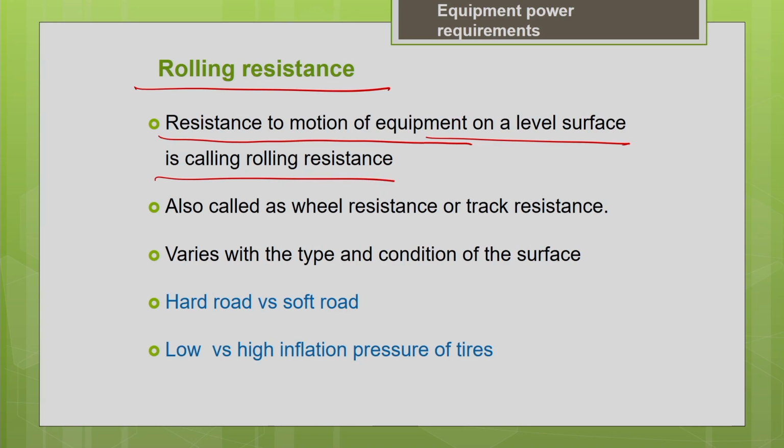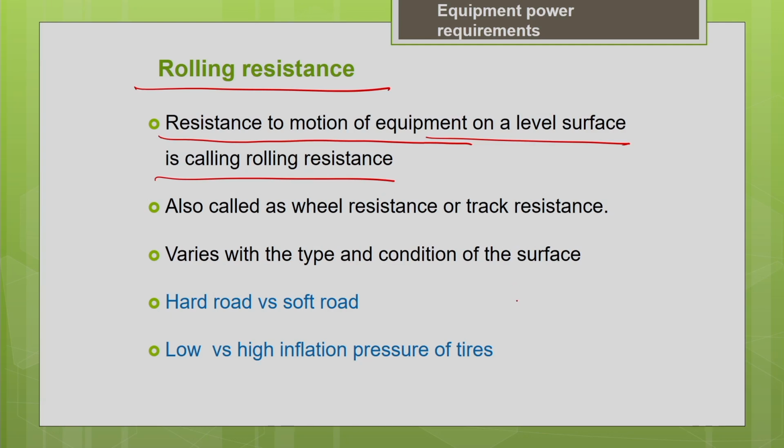So, what is the resistance encountered by the wheel when it is moving on a particular haul route? That depends upon the type of the haul route. It may be different for different haul route surfaces. Say for example, for a concrete road, the rolling resistance may be different. For an asphalt road, it may be different. For the earthen routes, it may be different. Similarly, for different types of haul routes, the rolling resistances are different.